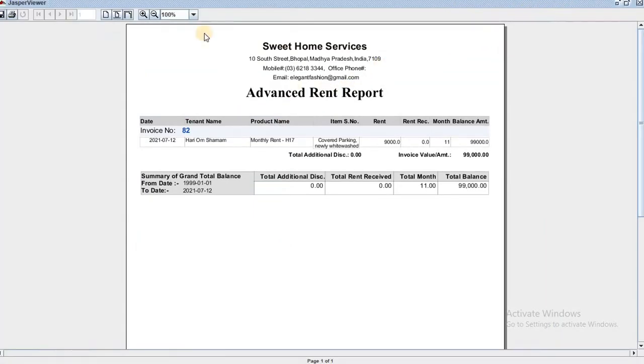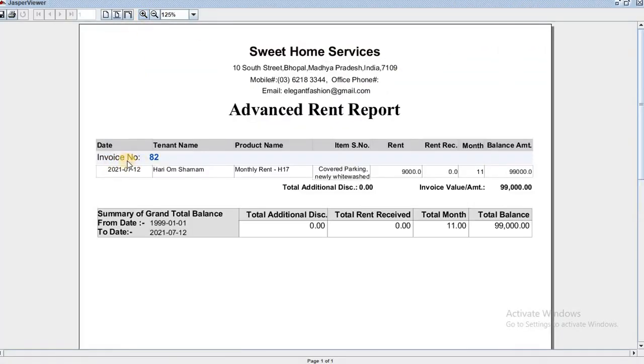If you look at, I'm zooming it out just to show you. Invoice number 82 on this date, Hari Om Sharanam, monthly rent for the item or the house, and covered car parking is the specification we have added. Rent is there. If we have received anything, yes, otherwise months, and then the total value.